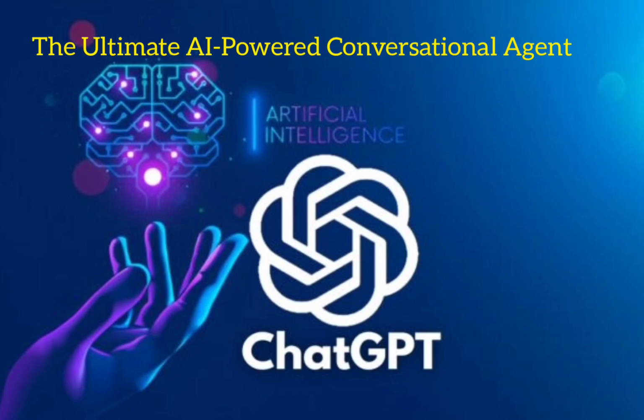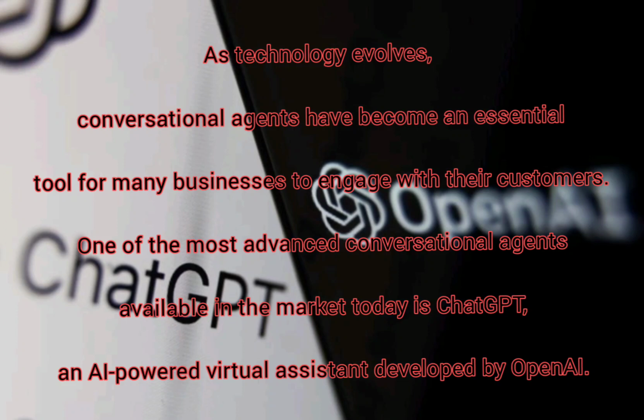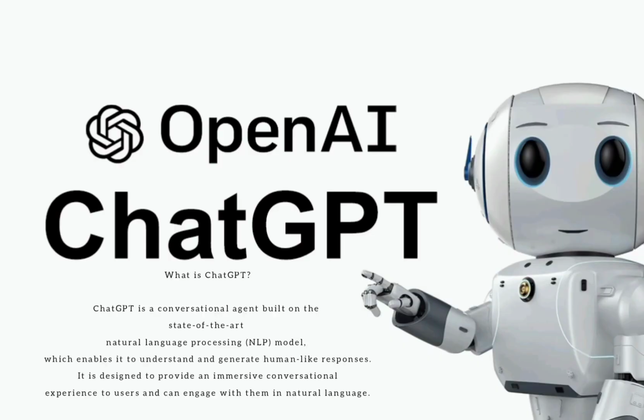The ultimate AI-powered conversational agent. As technology evolves, conversational agents have become an essential tool for many businesses to engage with their customers. One of the most advanced conversational agents available in the market today is ChatGPT, an AI-powered virtual assistant developed by OpenAI. What is ChatGPT? ChatGPT is a conversational agent built on the state-of-the-art natural language processing (NLP) model, which enables